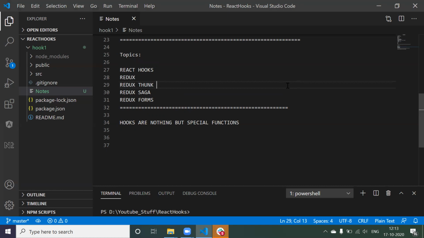With this mindset, they created the concept called hooks, which was introduced in version 16.8. Now, whatever features you have in the class component, you can use in the functional component. Means you can use state, context, references, so many things.